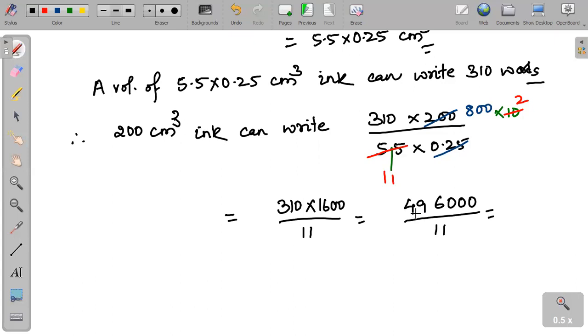This is going to be 11 4s are 44, remainder is 5, 56, 11 5s are 55 plus 160, 11 9s are 99, 1, 0 9, and 0.99. So it is going to be approximately 4500 words